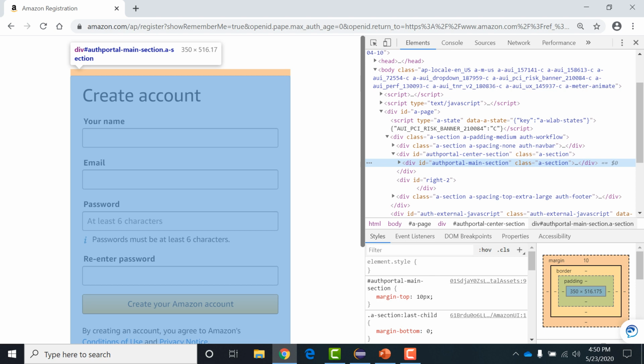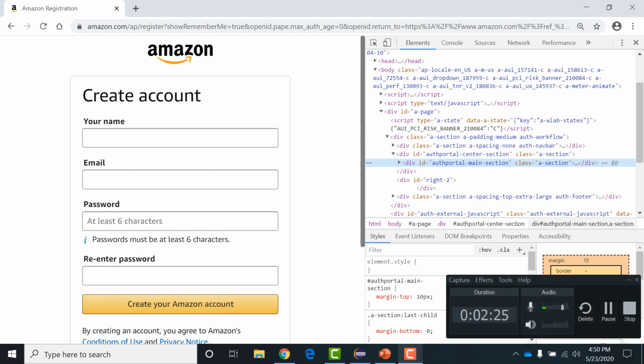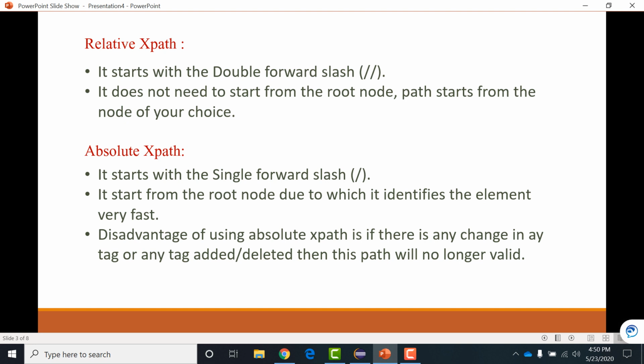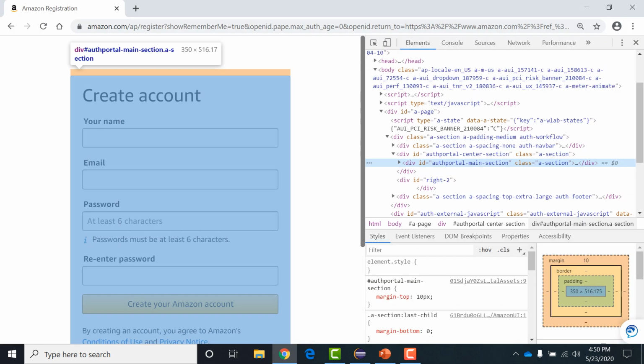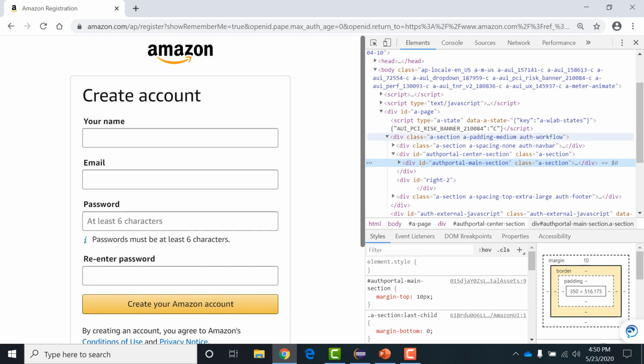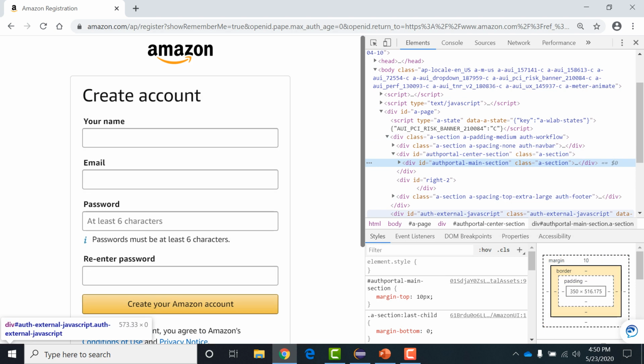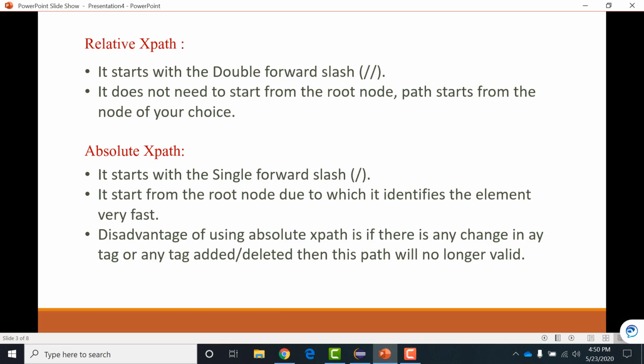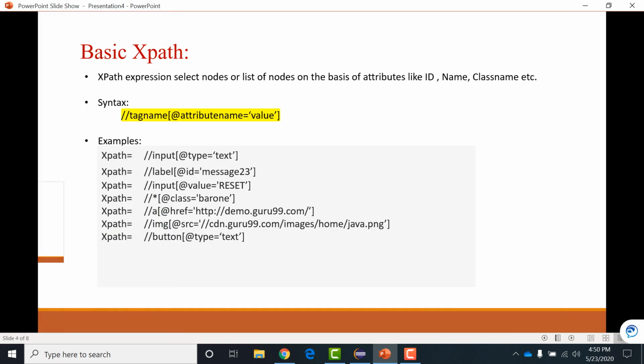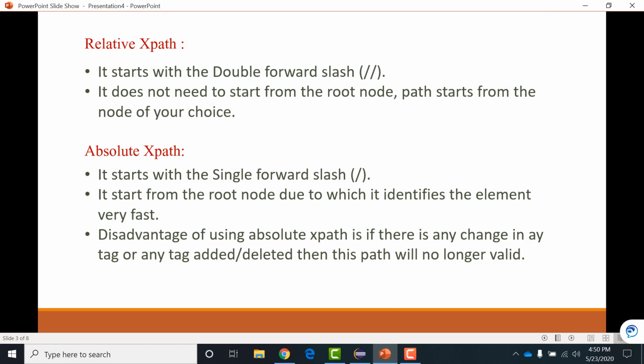Now I'll come to the relative XPaths. What is relative XPath? In relative XPath, it starts with a double slash, meaning it is telling that this element can be searched from anywhere on the page based on the tag that is defined here. Suppose I'm giving the tag as A, I'll show the example. If I'm giving the tag as double slash A, it will search for a particular element with the A tag, and it can search from anywhere on the page.